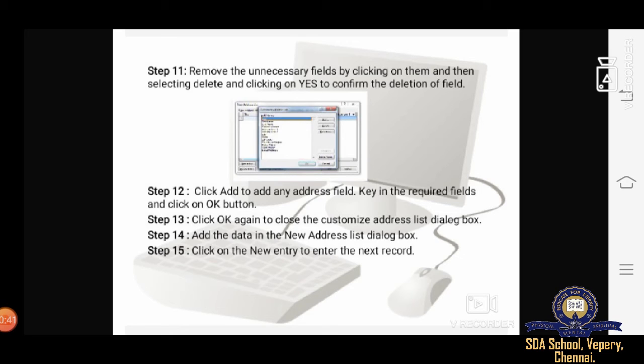Step 12, click Add to add any address fields. Keep in the required fields and click on the OK button. Step 13, click OK again to close the Customize Address List dialog box. Step 14, add the data in the New Address List dialog box.